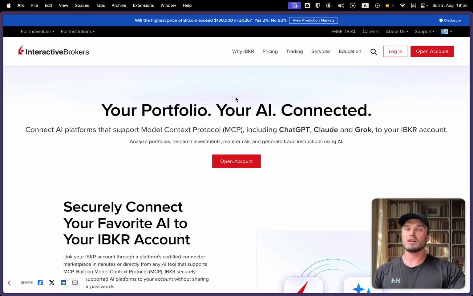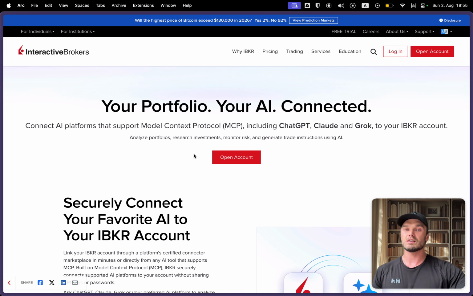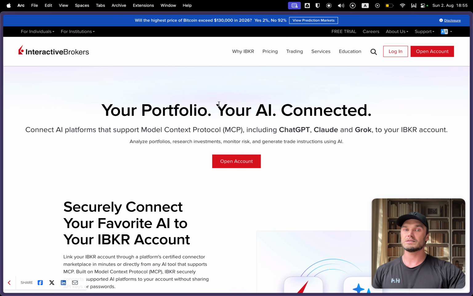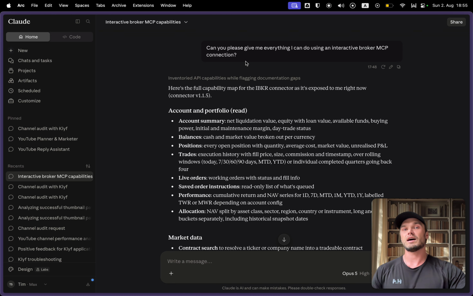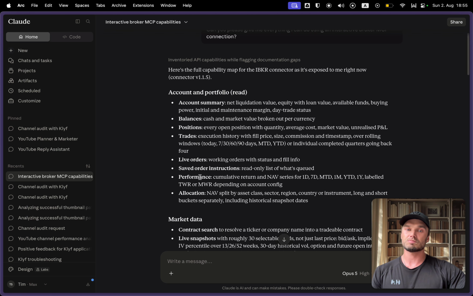This is the actual page. You can read about this, but I'm more of a hands-on guy, so I'd rather jump directly to Claude and ask it directly. So I asked Claude what you can do with the Interactive Brokers MCP connection, and here is its reply. First of all, you can read your account and portfolio information. So you can get your account summary, your balances, your positions, your trades, your live orders, saved order instructions, performances,